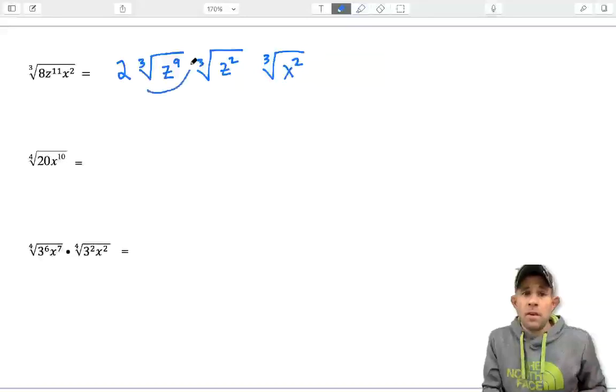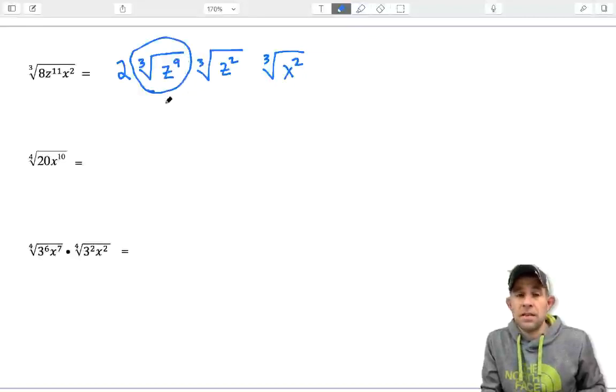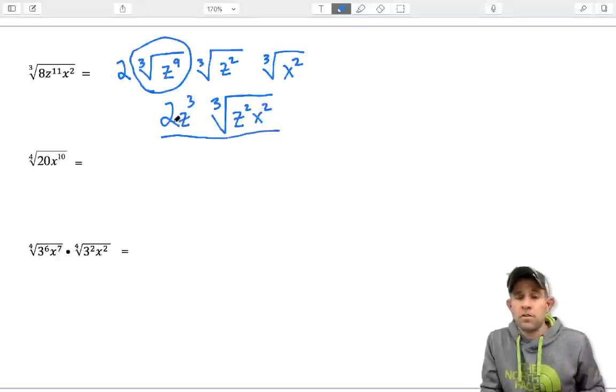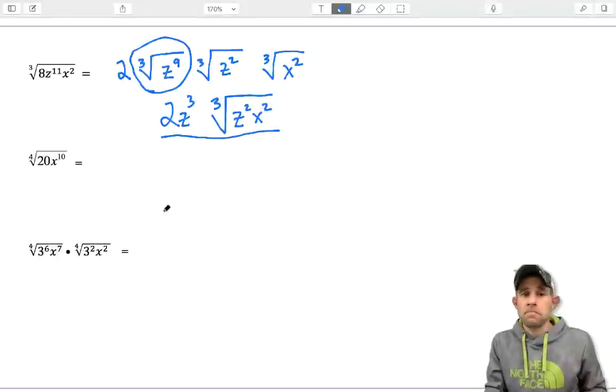All right, the next piece here that we can simplify is this cube root of z to the 9th, and that becomes 2 times z cubed. And the remaining amount here needs to stay under the cube root, so it becomes z squared x squared. So our final simplification there is 2 times z to the third times the cube root of z squared x squared. All right. Our next one here, we're going to get the fourth root of 20